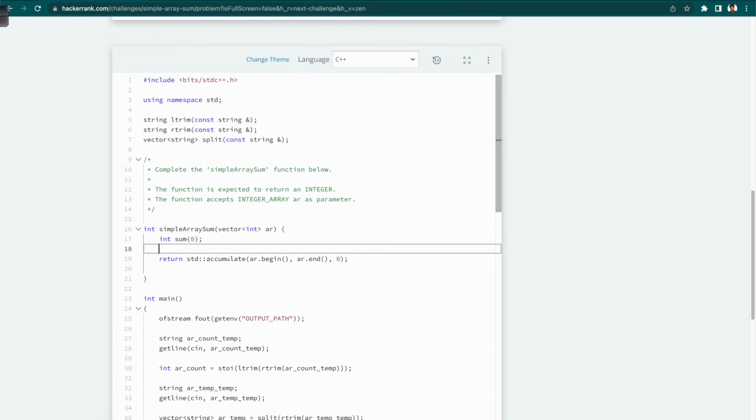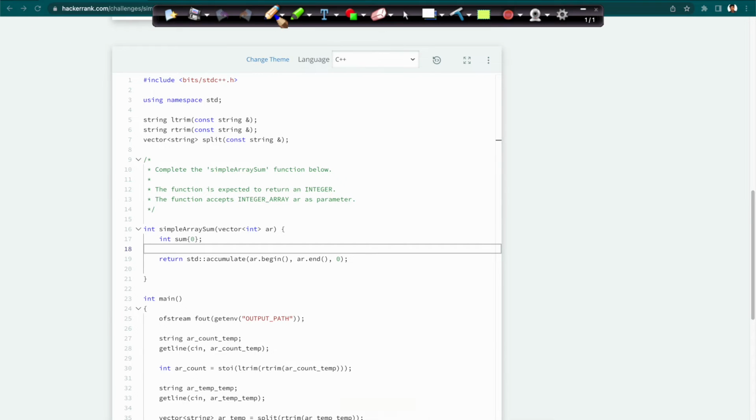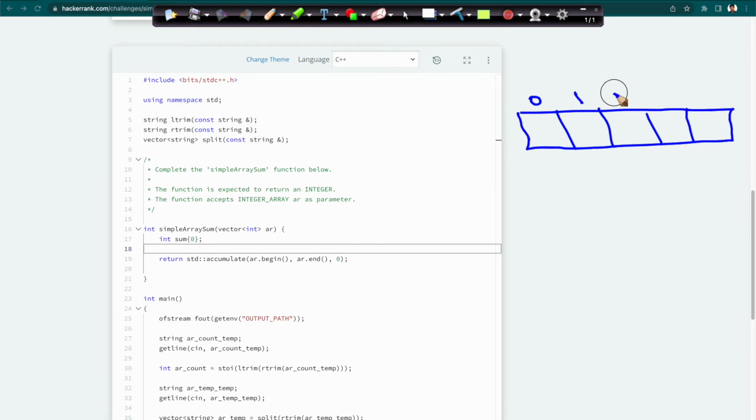and how to iterate inside a vector. Let me explain this to you. Let's say these are the elements. This is our vector ar. So the indices are 0 1 2 3 4, likewise. To access these we say ar of 0, ar of 1, likewise ar of 2, ar of 3, ar of 4. So we need to begin from the 0th index,